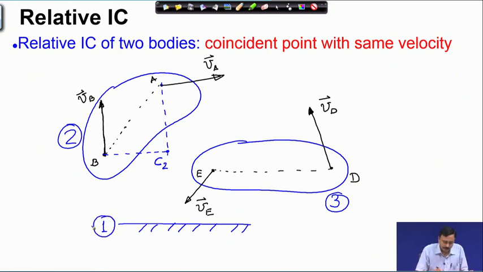Okay. So, C2 is the instantaneous center of rotation of body 2. Similarly, I can locate the instantaneous center of rotation of body 3. This I will call C3. So, C2 is the instantaneous center of rotation of body 2 and C3 is the instantaneous center of rotation of body 3. Now, I ask this question: